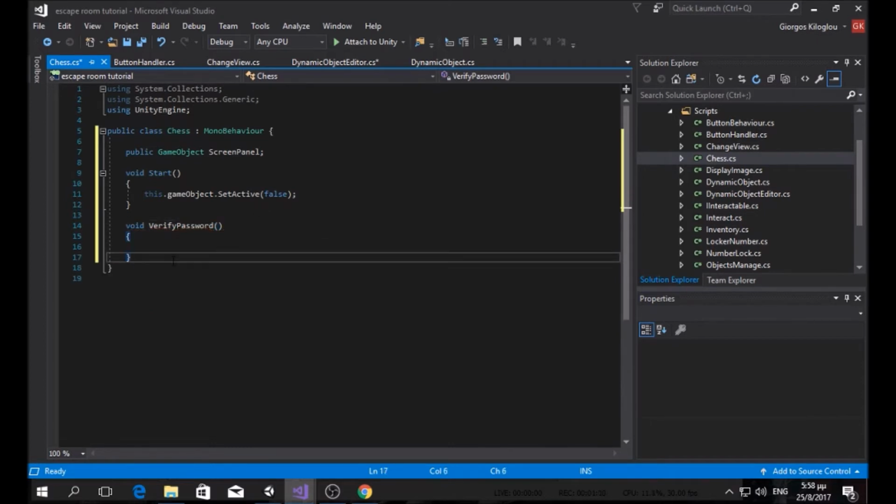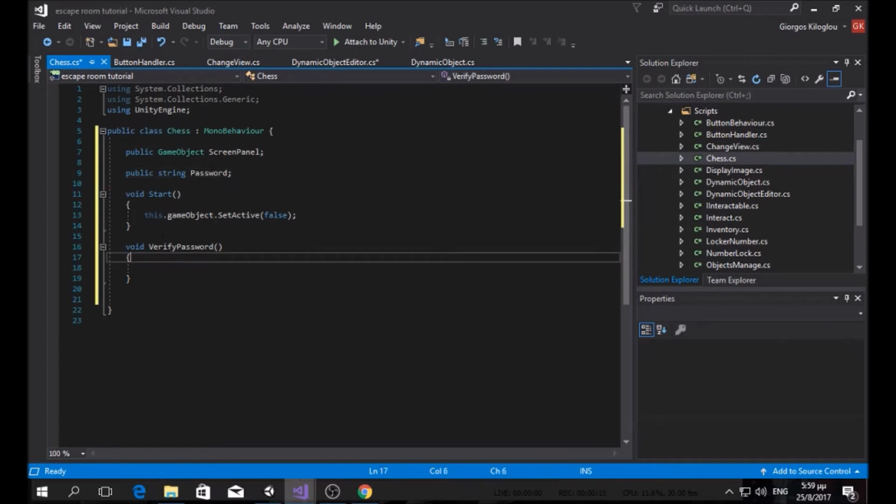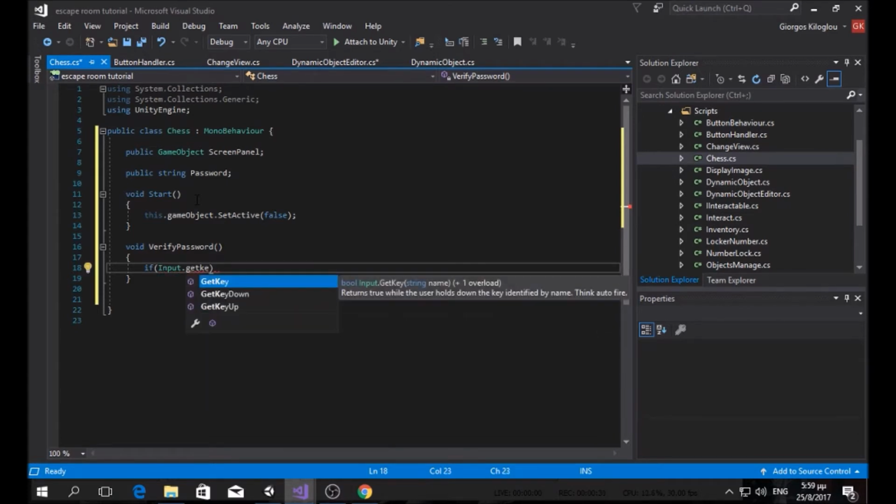So we need to see if the player input is correct. So we're going to write public string password. This will be the password that we want, the correct password that we give in the panel. Okay, so whenever the player gives the input, get key down, I think is